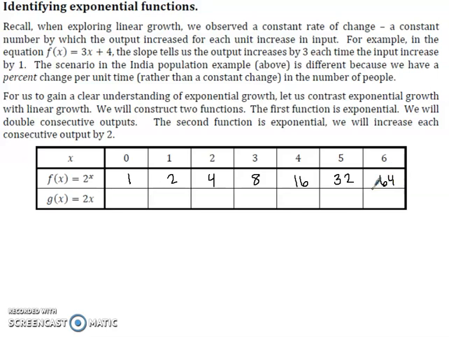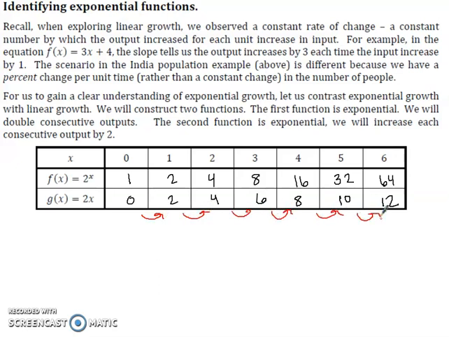Now a linear function would just be, for example, 2 times x. So evaluating this linear function for these inputs, 2 times 0 is 0, 2 times 1 is 2, 2 times 2 is 4, 2 times 3 is 6, 2 times 4 is 8, 2 times 5 is 10, and 2 times 6 is 12. So while our linear function goes up by a constant rate of 2 from each input to the next,